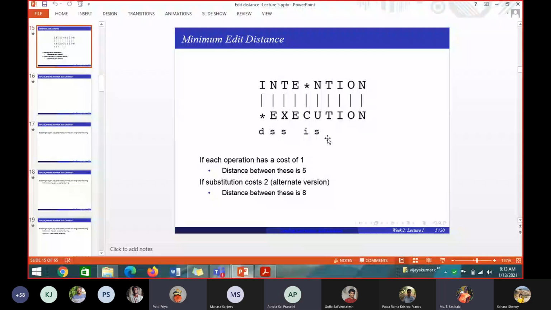So what is the total cost or total distance to convert intention to execution? 8. Okay, this is the final solution. So you have to write like this. For each and every conversion, you have to tell me either you can put dashes or you can leave it free if there is no operation applied, or if any operation is applied, you have to write it down. Since deletion cost is 1, insertion cost is 1 and substitution cost is 2, the total cost needed for converting intention to execution is 8, or the distance is 8. Okay, so this is how.